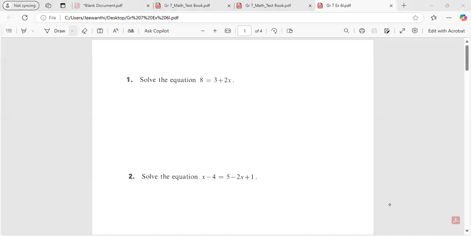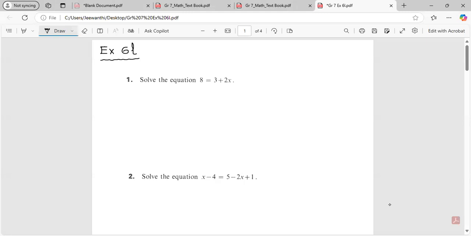Yeah, this is exercise 6L in your textbook, right? So we will discuss one by one. The first, you have a question to solve the equation, but this is kind of different because we are